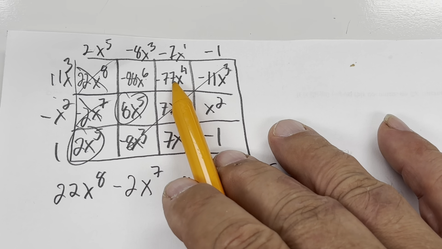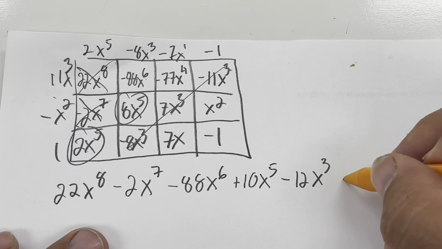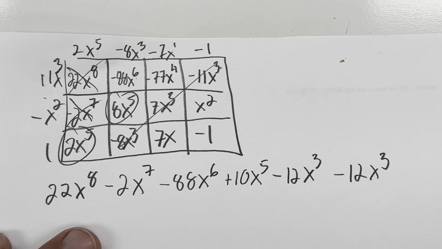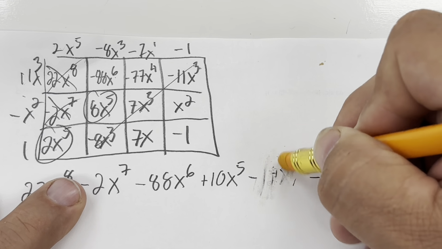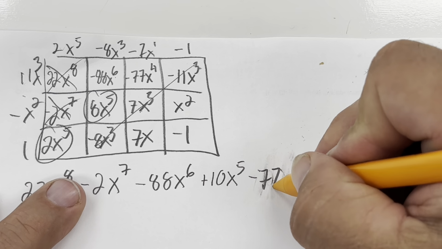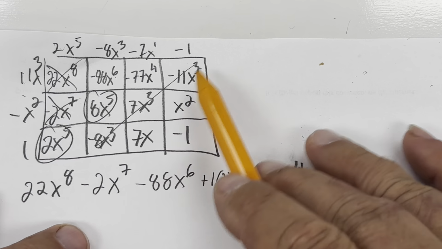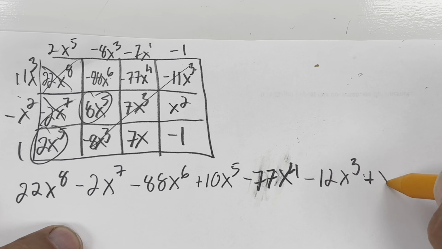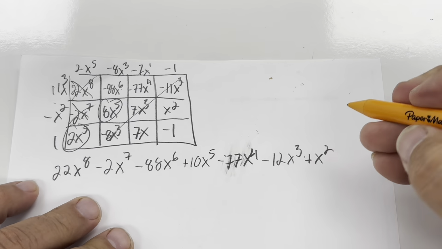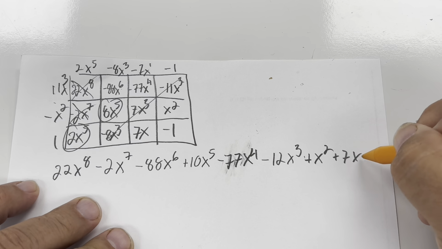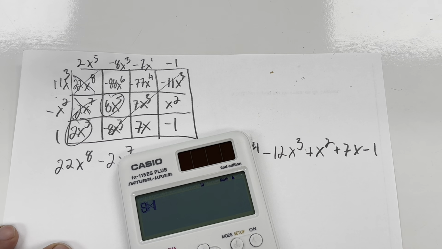Oh, I missed the 77x to the 4th. I'm going to rewrite negative 12x cubed over here and put my negative 77x to the 4th there. I missed it. X cubed, x squared, 7x minus 1. Take the derivative, 8 times 22,